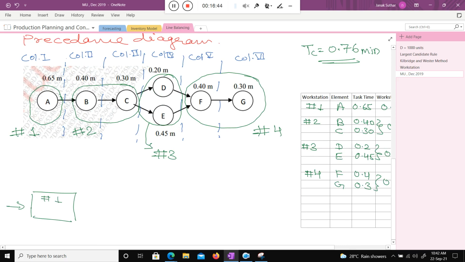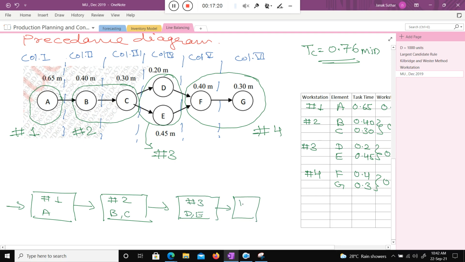In workstation 1 there is only one work element, A. Then I pass the material to workstation 2, where you do B and C. Then I pass the material to workstation 3, where you complete work elements D and E. After that I pass it to workstation 4, where you complete F and G, and now you get the output.